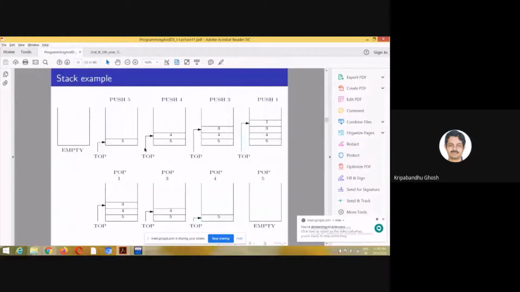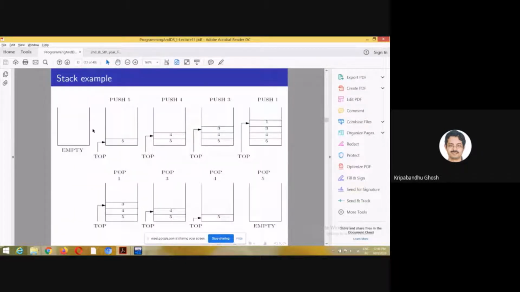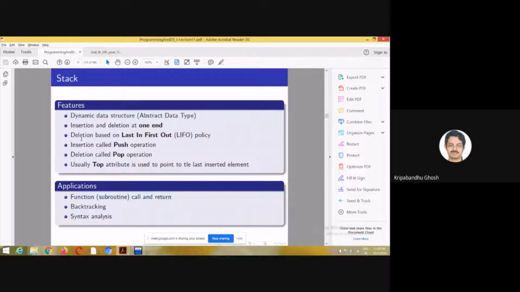I told you that it is a very unique data structure, which has the following properties: insertion and deletion can take place at one end only, that is the top, and the element at the top of a stack is basically pointed to or indicated by a variable or a pointer called top. Deletion is based on the last in first out policy.